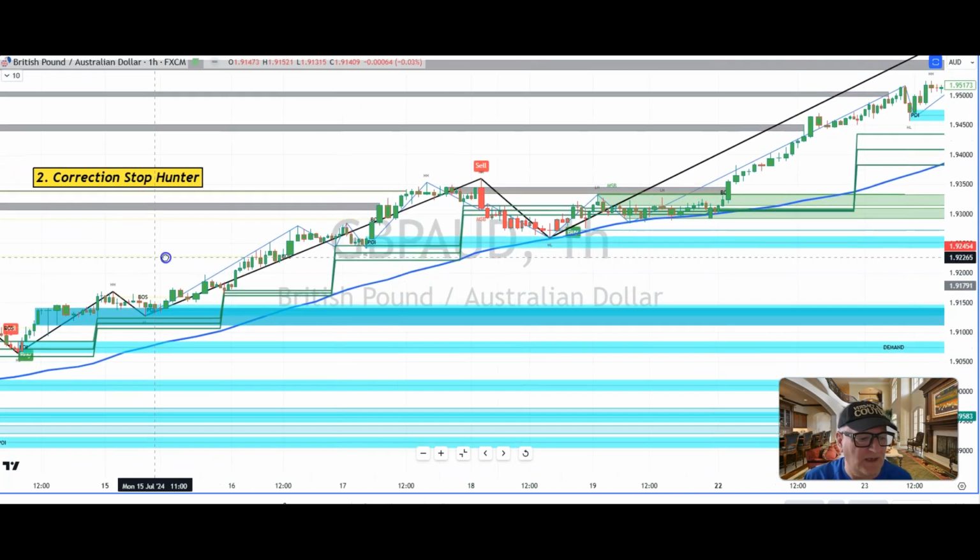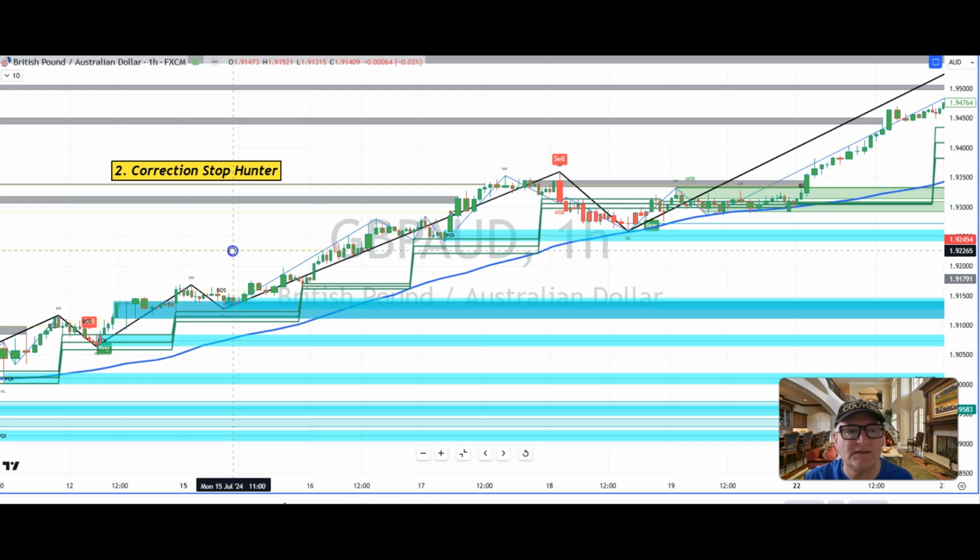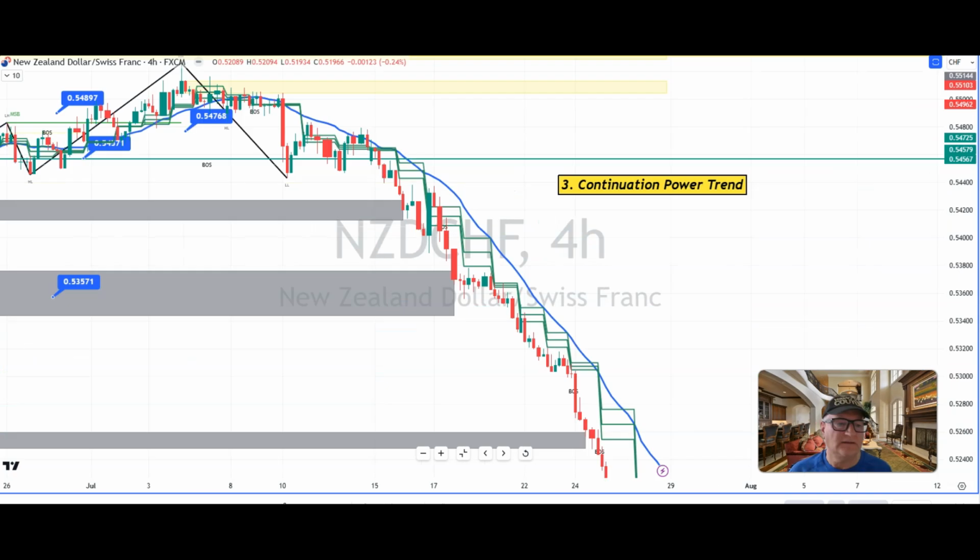So let's have a look at number 3, which is called the continuation power trend. So on to technique number 3 using the price action charts, called the continuation power trend. Okay, so we've spoken about previously in number 2 about the stepping stone effect, as you can see here. And so as the price confirms that it's going to sell off, sell off, sell off, sell off, very easy